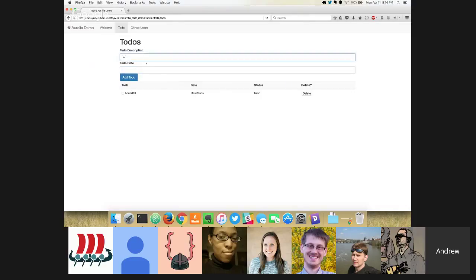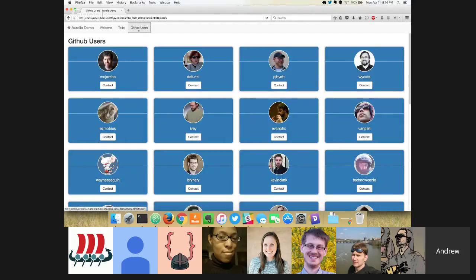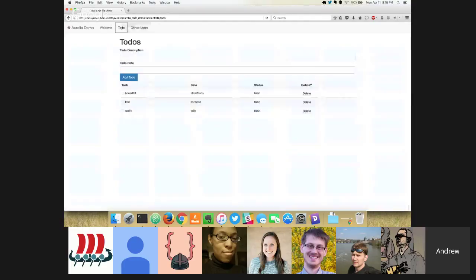You can very easily have persisting data, even when you're switching amongst different states. Here I make API calls to GitHub. This is actually part of the getting started guide, so this page is actually part of the tutorial. So that's kind of nice. I won't be going over this, but I will be going over the To-Do app, which was not part of